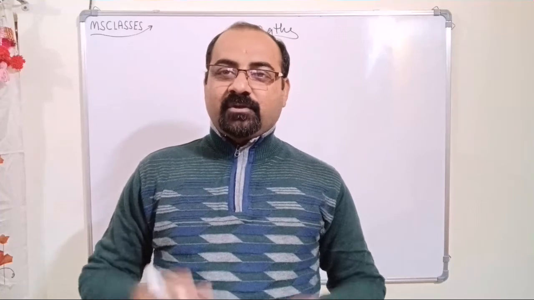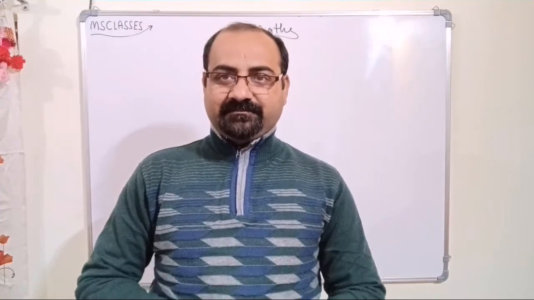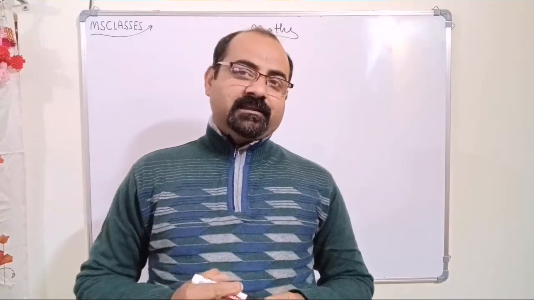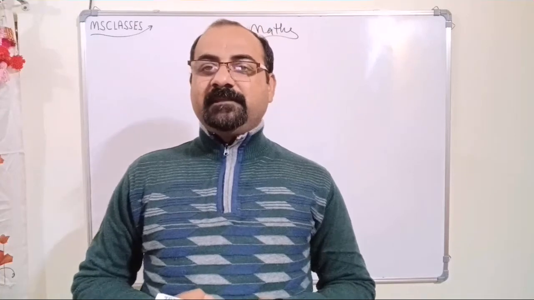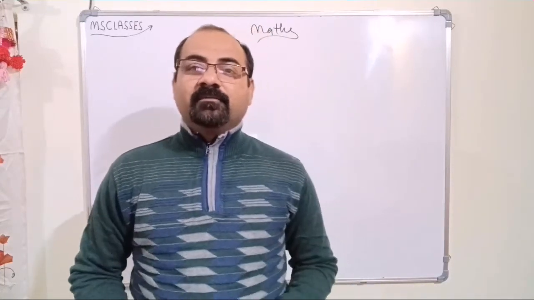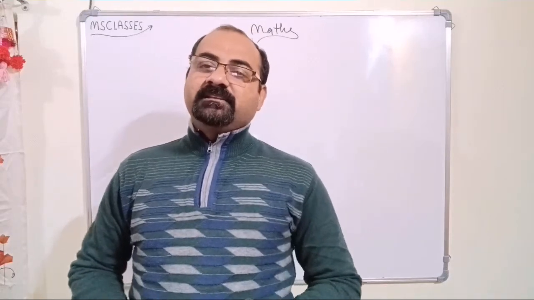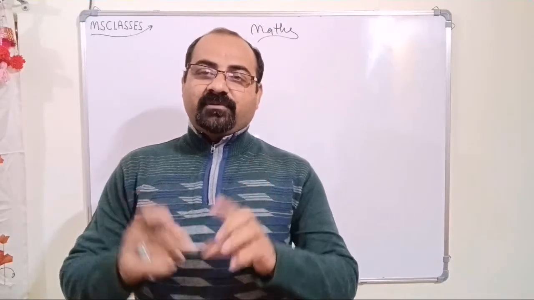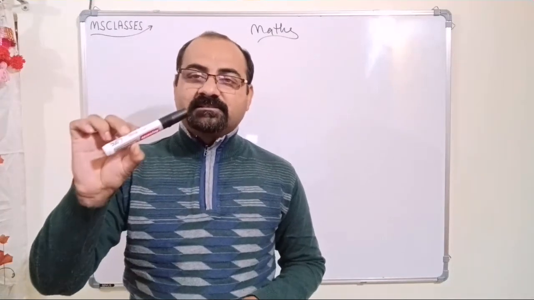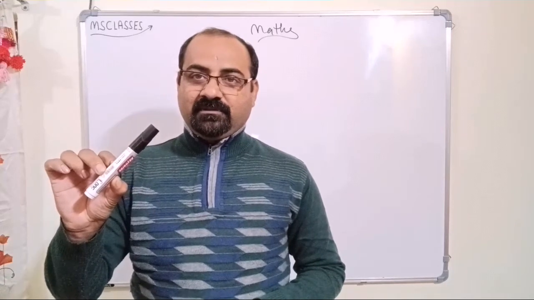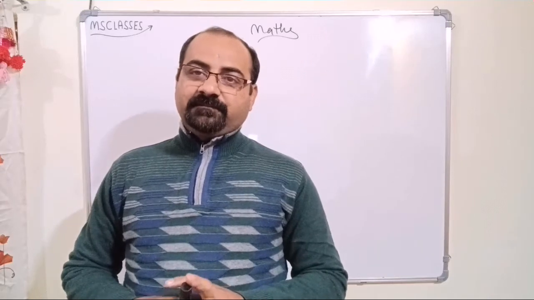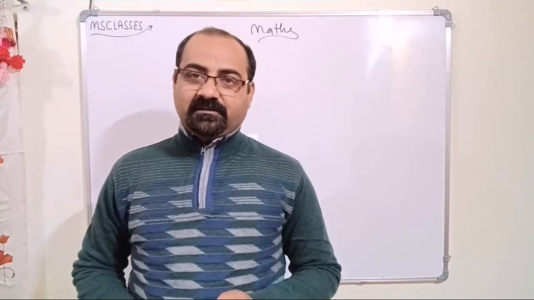So guys, today my topic is a cylinder. When we discuss the cylinder, first of all we see which type of cylinder. What is a cylinder? A cylinder is one piece of a pipe. Your cylinder is just like this pen, and this is a three-dimensional shape. And today we will discuss the curved surface area of a cylinder and the total surface area of a cylinder.